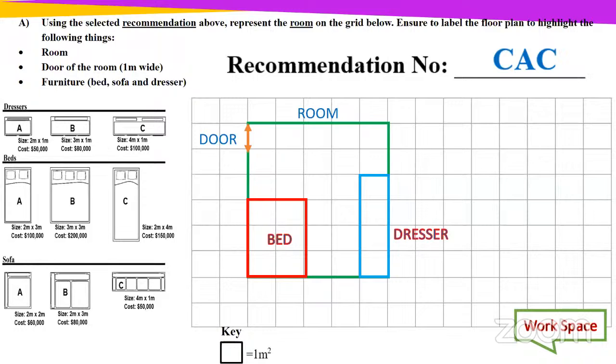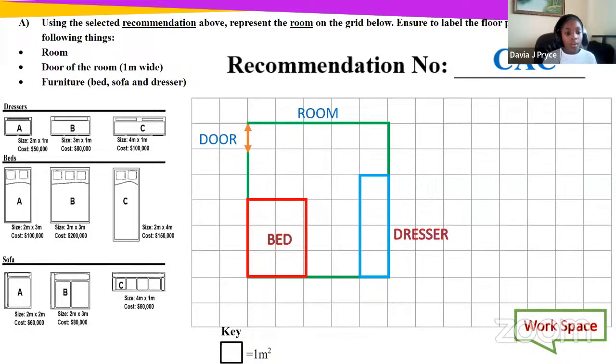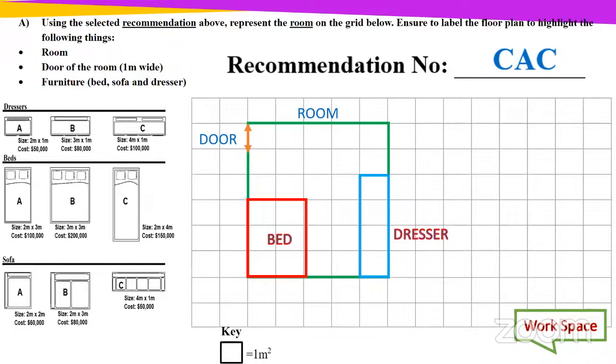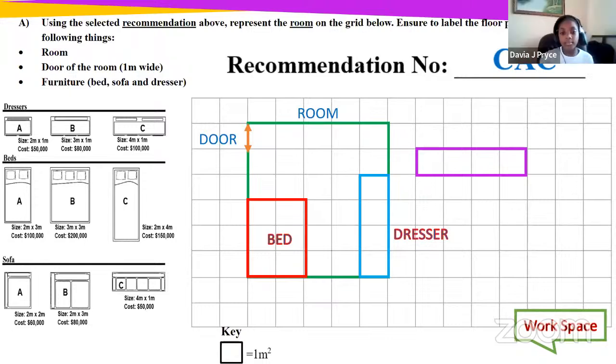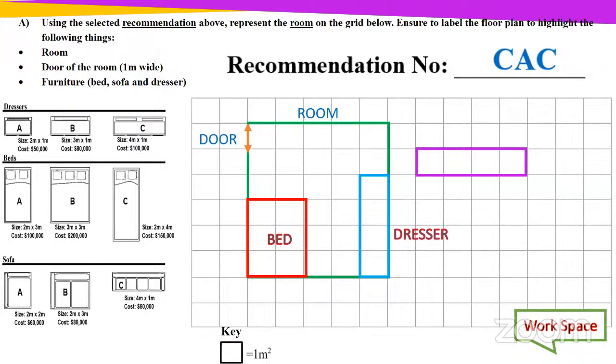I have the sofa now to put in the room. All right, I'm going to unmute Davia. Davia, would you like to respond? Yes, miss. Go ahead. All right, so the next thing that we're putting in is what again? Just remind the rest of the boys and girls. Sofa C. So we're carrying in sofa C. All right, so I have sofa C. Can you see sofa C? Yes, miss. Does it meet the requirements in terms of its size? Yes, miss. All right, good job. So where do you want me to place sofa C?